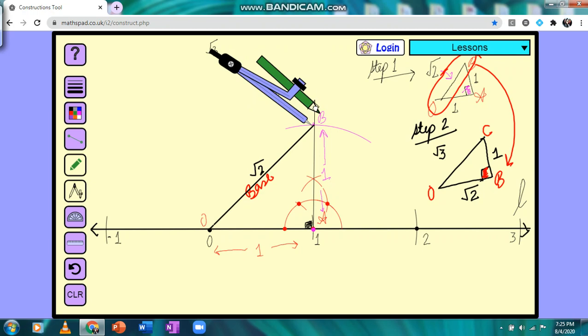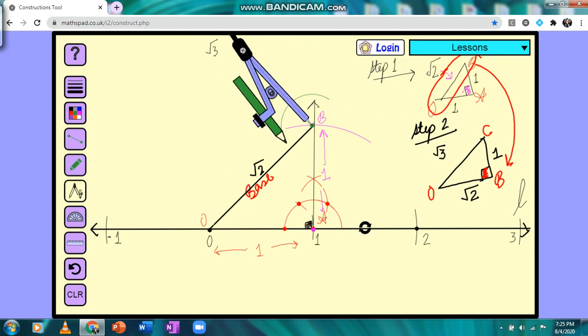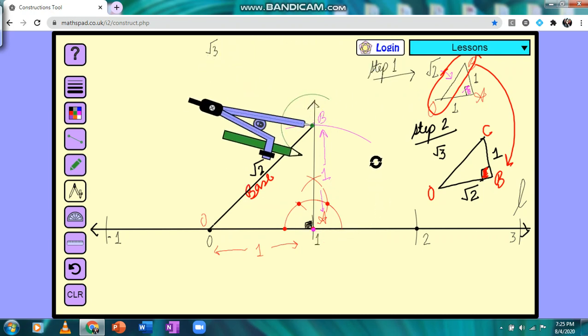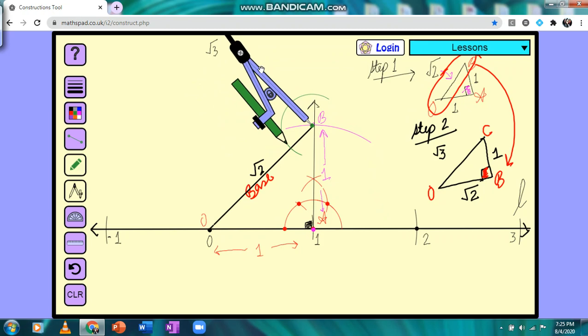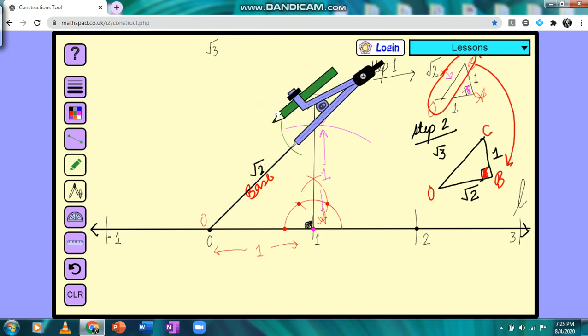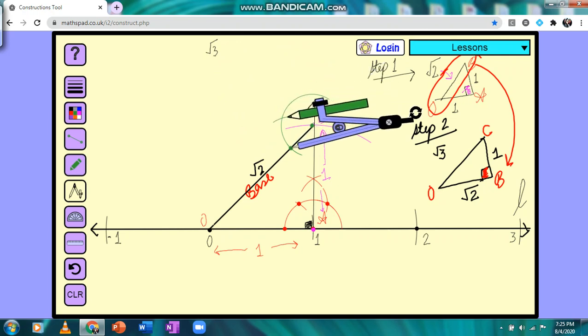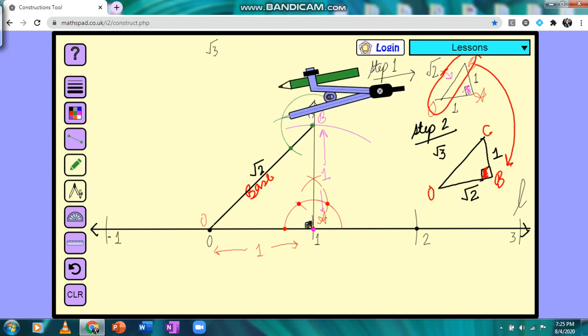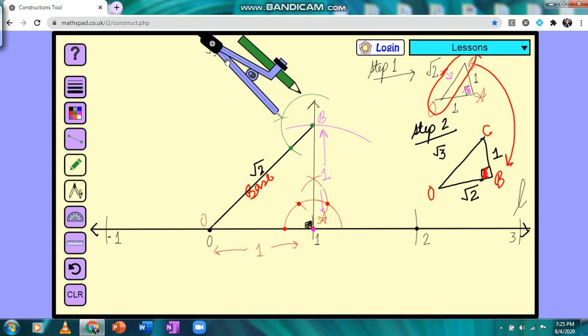You can take a suitable radius. And then from this point, this is 60, taking it further, this is 120,